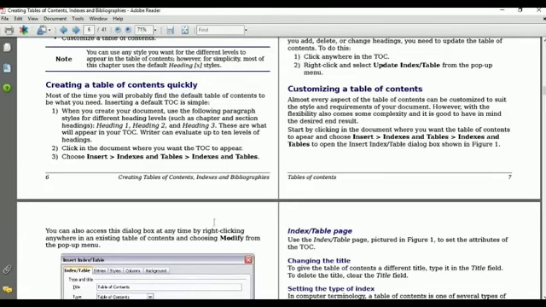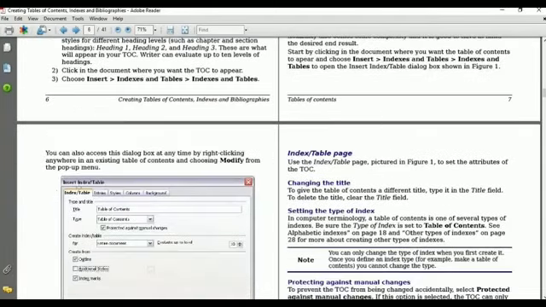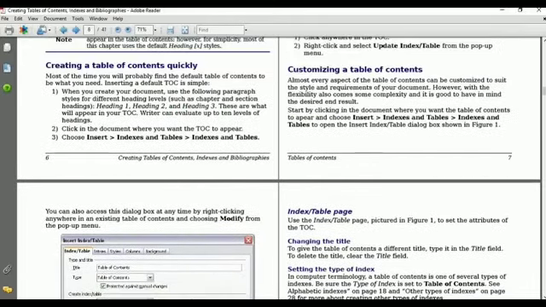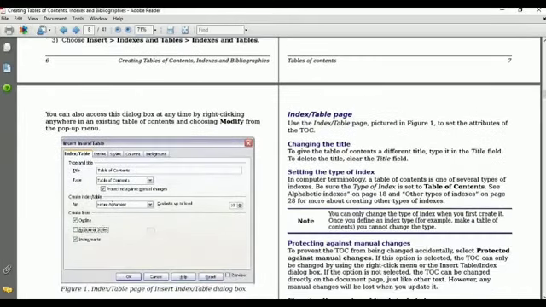Is it clear? Once you click on this, you will get the Insert Index and Table option dialog box. From this you will insert your table, or if you want to modify it, you can modify it easily. Clear?